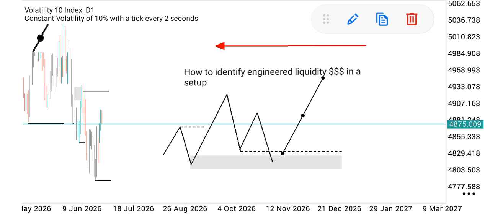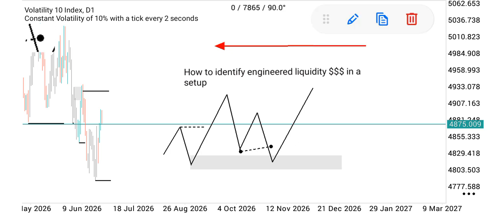So understand how it works. The market just gives you liquidity. The market is liquidity driven, so always pay attention to the recent liquidity that is present for the